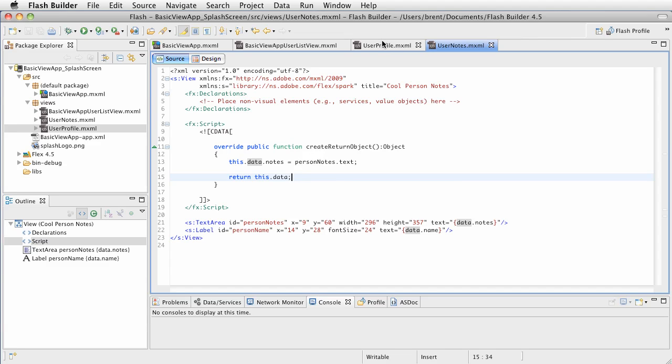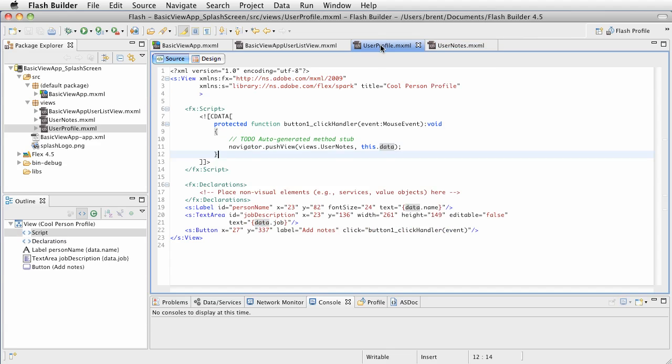Okay, now how do we then reference the data in the user profile? Because that's the previous view. Well, what we need to do is listen for a specific event that we can then get the data, so that before we show the label and text area and button, and I just pointed at the screen. I guess you can't really see that because you can't see me pointing. Anyway,